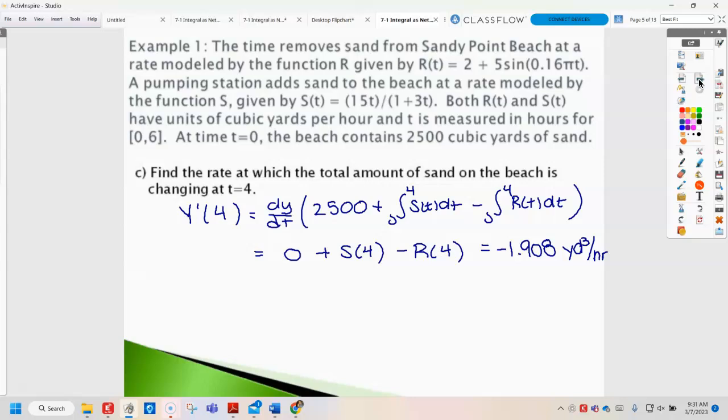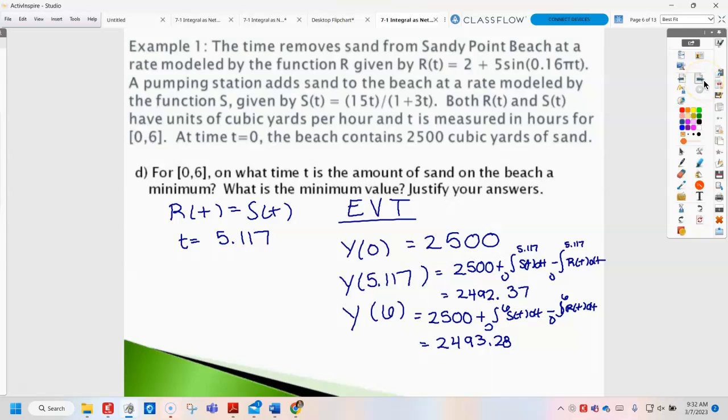Which is actually going to end up giving you r of t has to equal s of t. So if you think about it, you want to know when could something be a minimum? Well, something is a minimum when the derivative is equal to 0. So if y of t represents my original function,